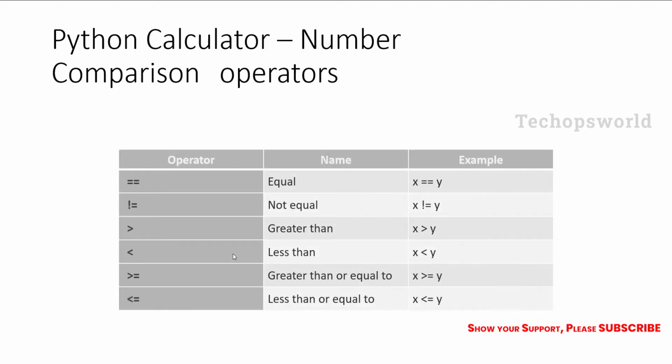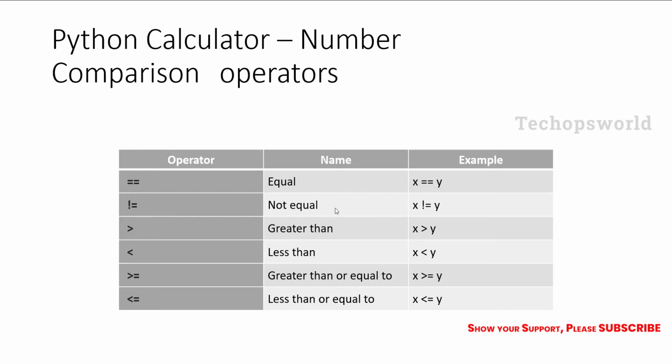The next is comparison operators. Comparison operators are nothing but we can compare two operands, and it will give only yes or no, like 1 or 0, the boolean values, as the result. For example, the equal to gives 1 if these two values are equal,